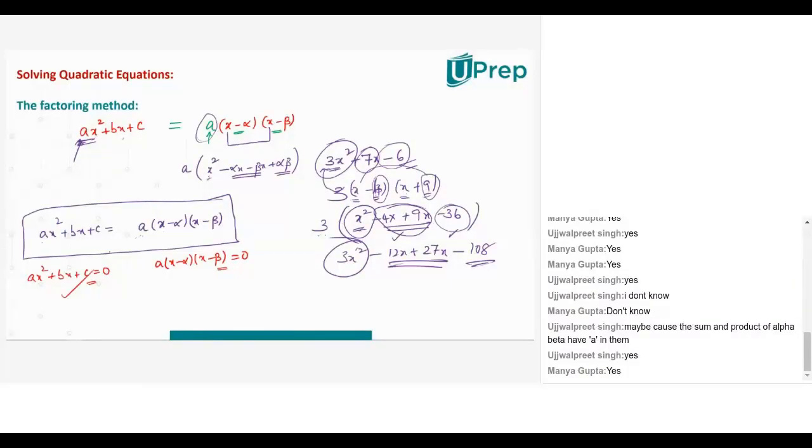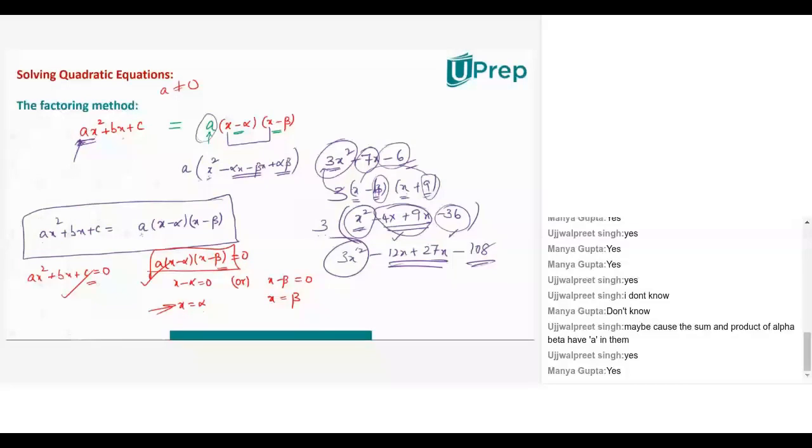So this equation and this equation are the same. That means finding the solution of this is the same as finding the solutions of this. And finding the solution of the second equation is easier, because the product of three numbers is 0, in which one number can never become 0, because you remember the condition for a quadratic equation: a cannot be 0. So the first term cannot be 0. Then the only possibility is either x minus alpha is 0 or x minus beta is 0. This gives me a solution x equal to alpha, and this gives me a solution x equal to beta. So did I get the two solutions of this quadratic equation?